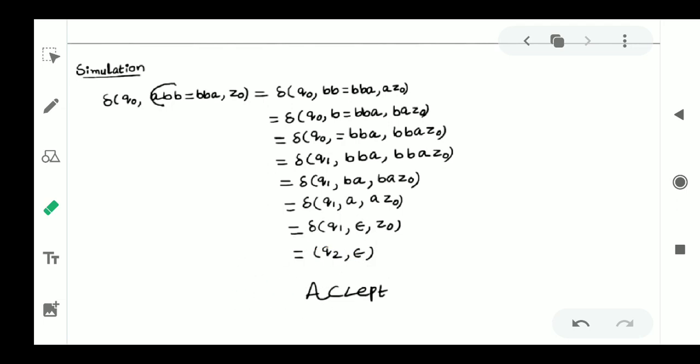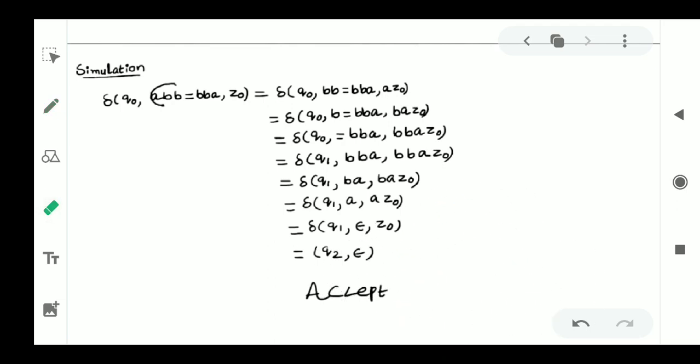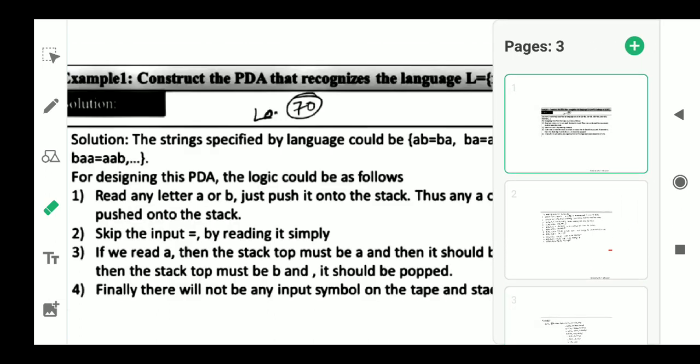But we have used different transitions here. You can use it like that. That's why I'm changing the examples also. So here, in the place of Q1 comma epsilon comma Z0, you can write Q1 comma delta comma Z0. Why? Because we are going to read the delta input symbol. Once the string is completed, we are going to read capital delta only, right? That's why. Finally, we will be remaining with Q2 comma Z0 or Q2 comma epsilon. You can use both of them, either of them. So this is the solution for the given problem.